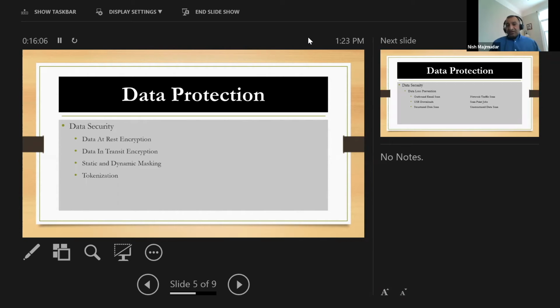Rajiv is asking, data at rest, what do you see in practice? Data encrypted at the disk storage level or application level? I think it is both. So disk storage level these days is pretty standard, right? Any of your storage companies, the disk encryption is pretty standard offering. Even in AWS, it's by default,